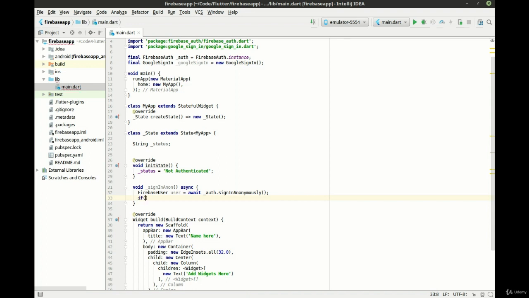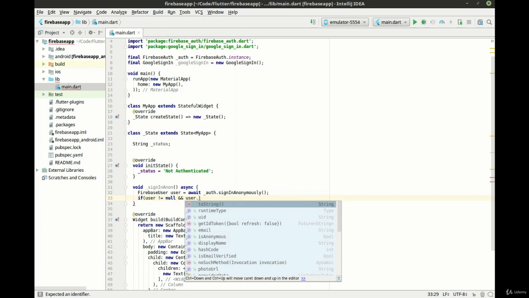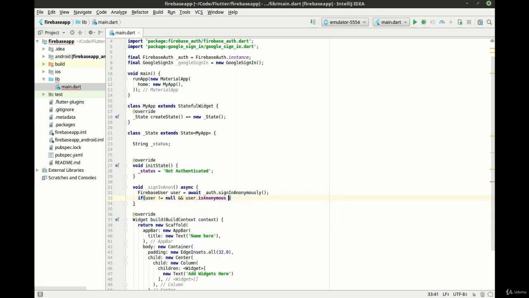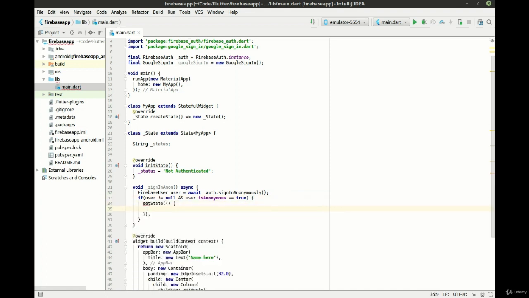And we're going to say if the user is not null and user dot is anonymous, set state, and let's set our status to signed in anonymously.